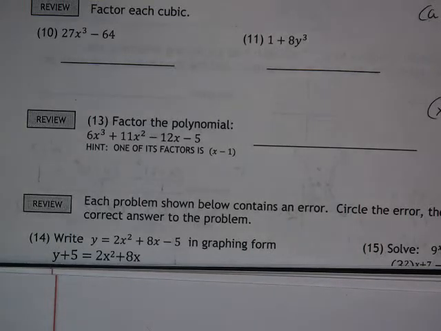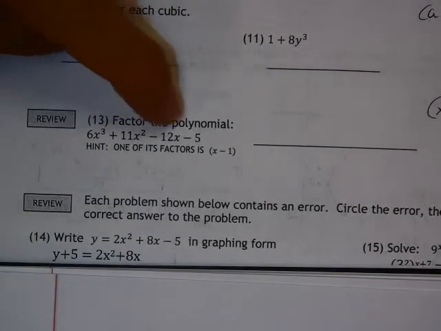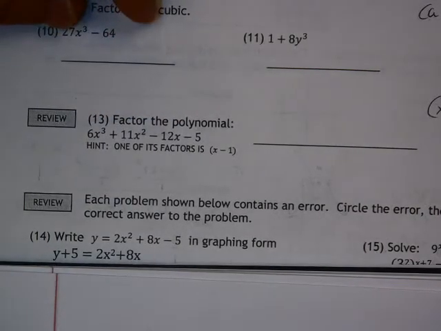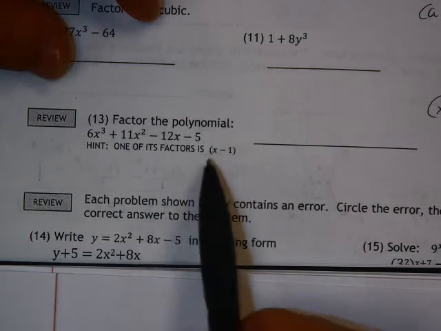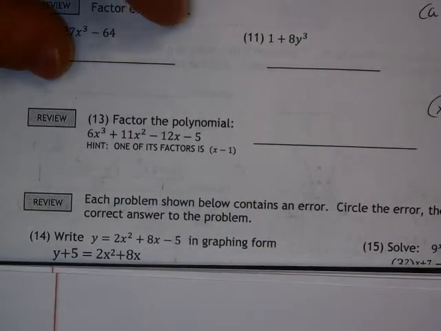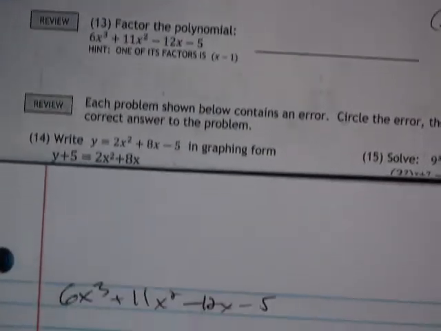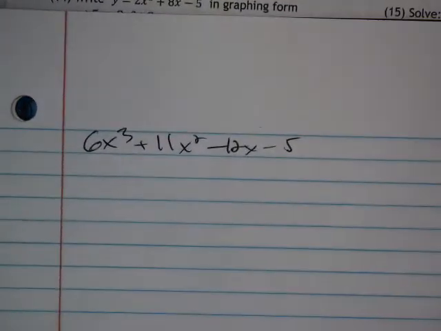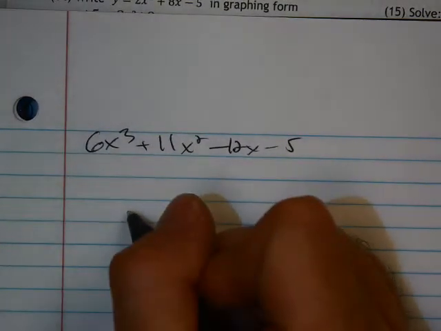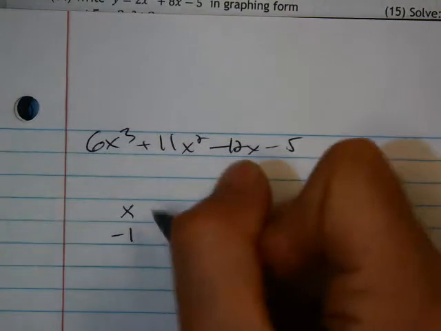Algebra 2, 27.2, number 13, review on the back. We're asked to factor this polynomial, and they give us a hint that one of its factors is x minus 1. So they've already put it in parentheses for us. And I don't have a ton of room here, so I'm going to put it here. And remember, since they told us that x minus 1 was a factor,